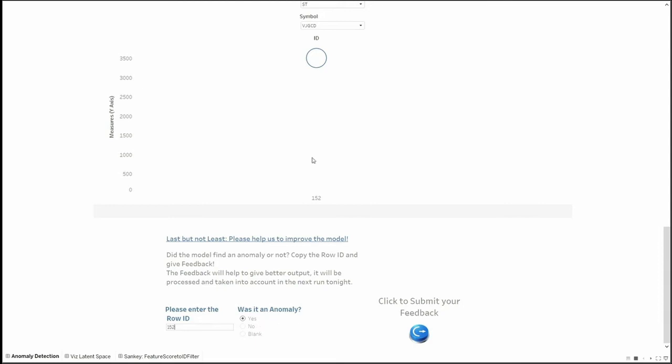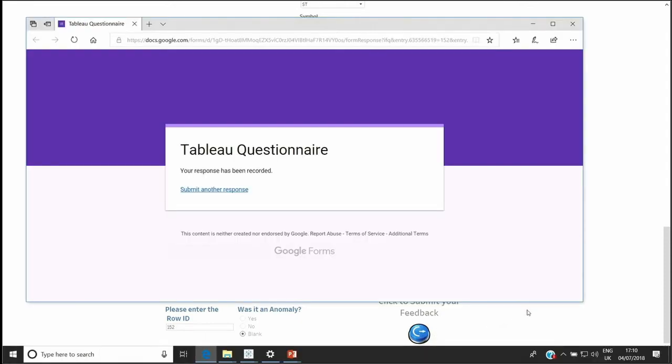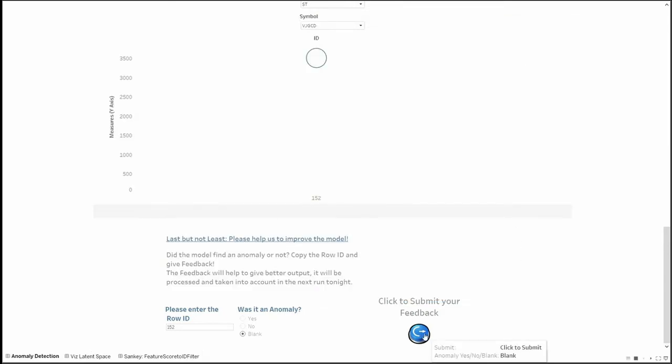And then actually with this one I'm not sure, because now I cannot compare. So I leave it blank, and then we will get this feedback from the user, and then we can look at it. Maybe we can improve the dashboard. So then we say, click to submit feedback. It will go to a Google document. It will be written here in a sheet, and then this sheet will be put back into the Hadoop cluster, where it will be picked up by the model the next day as feedback, or also we can access it. I will show you later how this works,